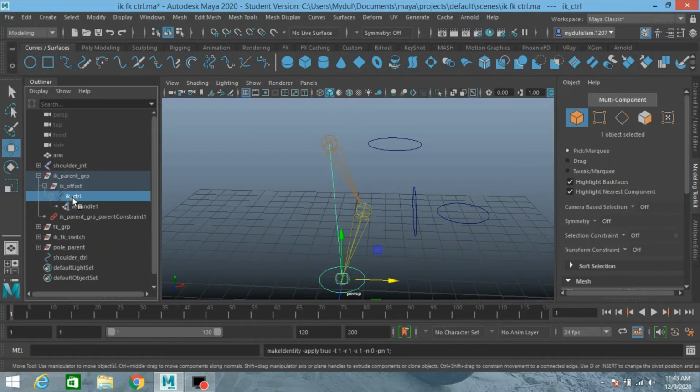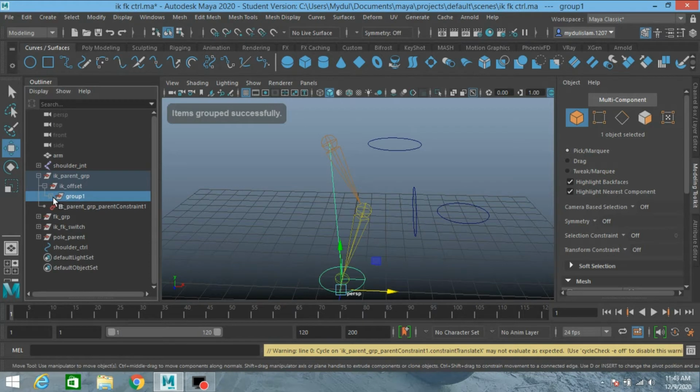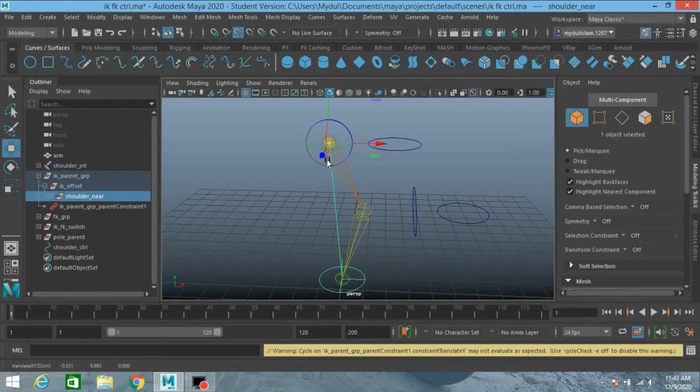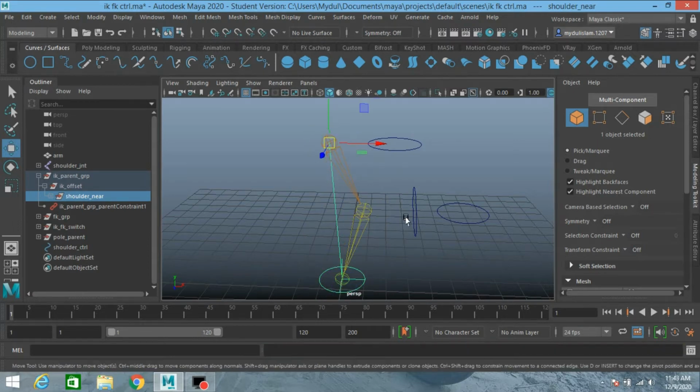Press Ctrl plus G to group it and rename the group as shoulder near. Press D or insert key on your keyboard and press V to snap the pivot point to the shoulder joint. Again press D.